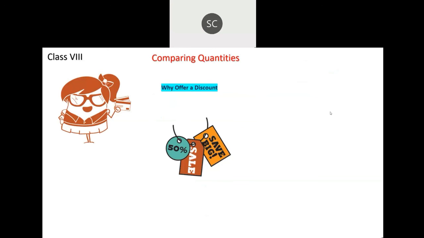Now over to you. You must have seen so many boards that discount is offered. Why does a shopkeeper or a vendor allow discount? Sir, because they will get more customers. The old goods get sold more quickly, and they will get increased results, sir. Totally agree, and more sales of that particular item. Yes, sir. They wanted to sell, so they will give an offer or discount, sir.